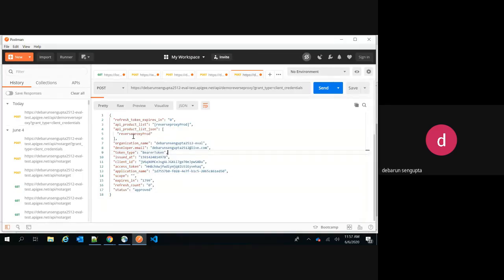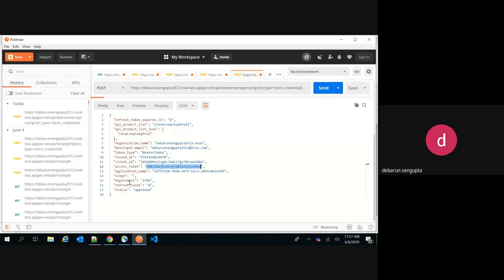Now let's see this response. In this response, we have a couple of key pieces of information. This is the access token, which is the one we got for the service, and this is a bearer token. After this, we have to use this access token and do a callout to our service by providing bearer space and this access token that we got, and we will be able to connect to our endpoint.